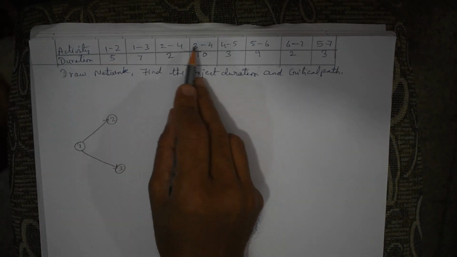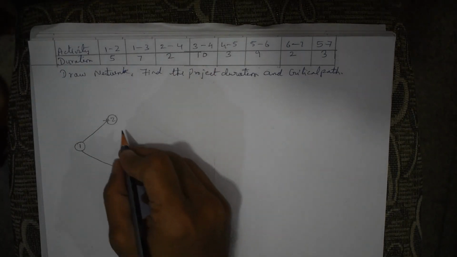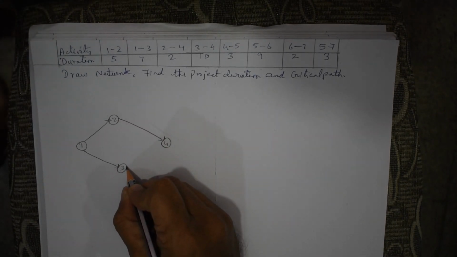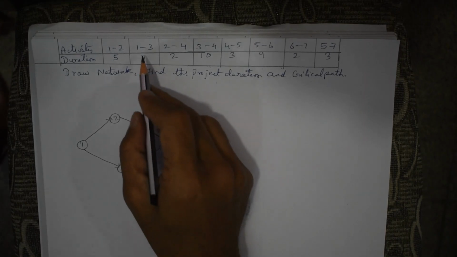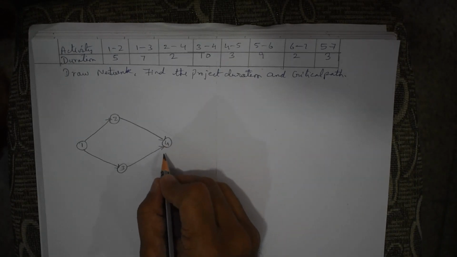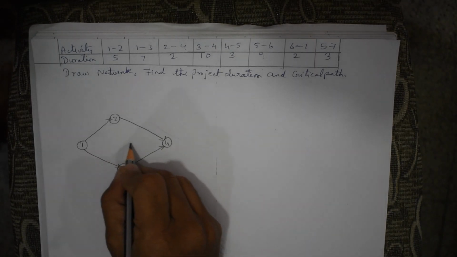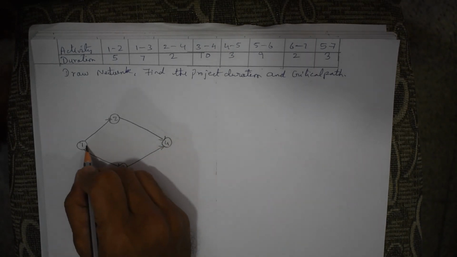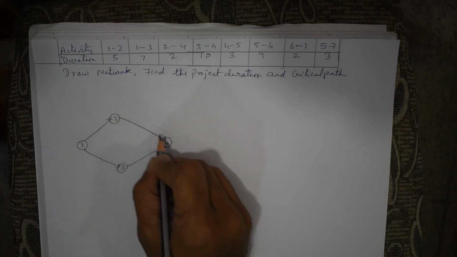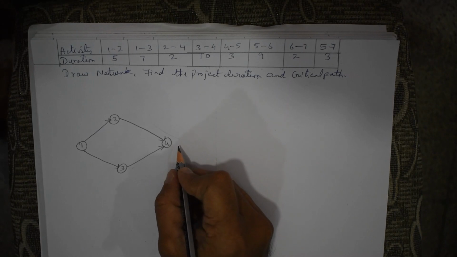Now this next activity is 2 to 4, then followed by 3 to 4, which means 2 to 4, 3 to 4. See what I have done, when I saw the activities, 2 reaches 4 and 3 reaches 4, which means 4 is going to be the connecting point where 2 is going to reach as well as 3 is going to reach. So that's the reason why I brought 4 in the middle, so that it is in straight line with 1. At the same time, from 2 we can reach 4 and 3 we can reach 4. Then 4 to 5.